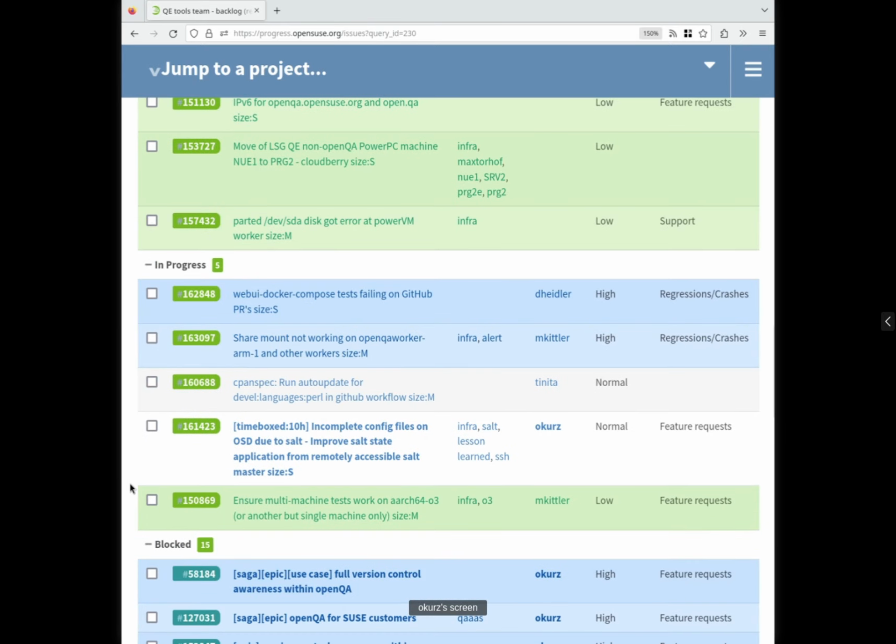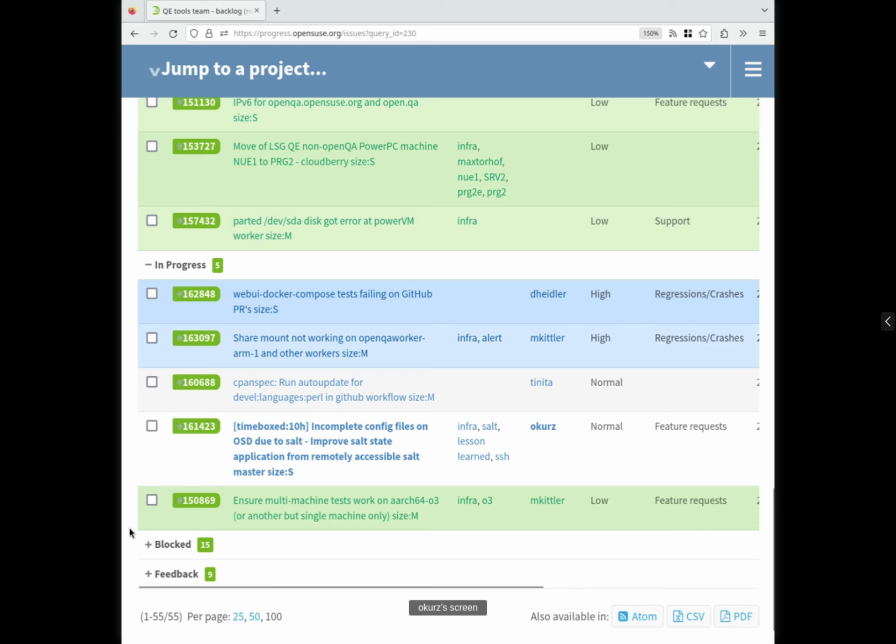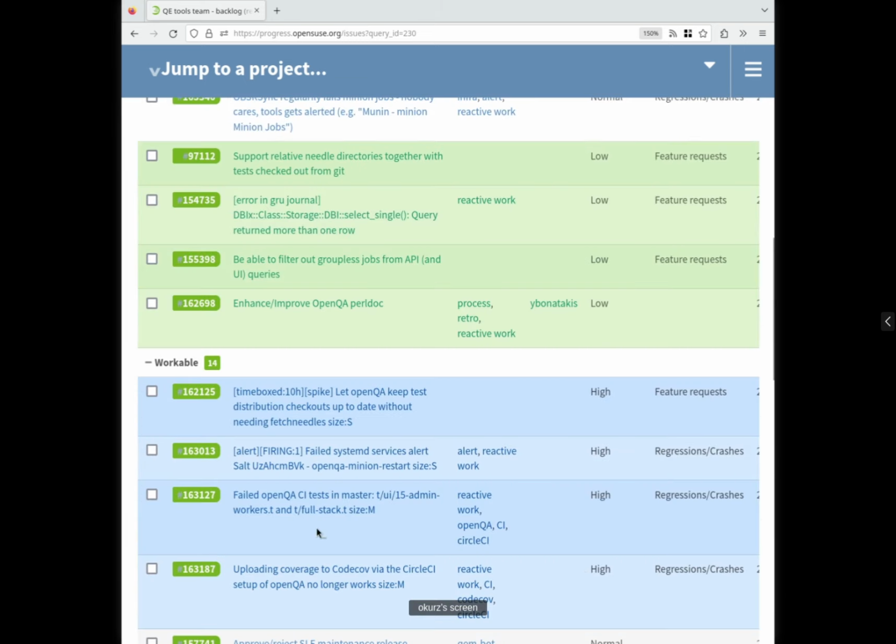And what's currently in progress is fixing, for example, the web UI Docker Compose test, and then again NFS mount point related problems, which might be related to what I mentioned before, but it looks like it's actually an issue which we already had for years and was not seen as critical, didn't pop up that often. Now it pops up more often, which gives us a chance to more easily reproduce and probably fix or prevent that. Yeah, and with that, I would like to conclude.